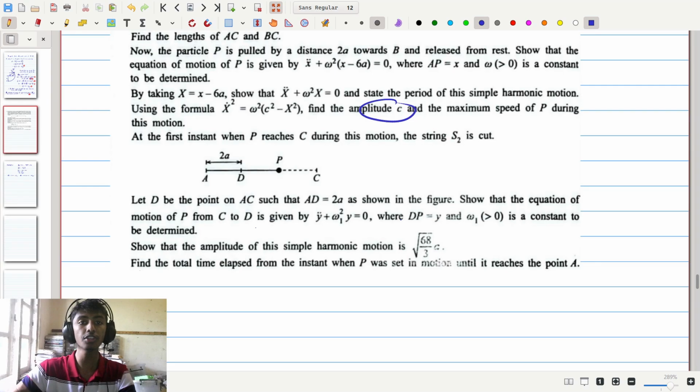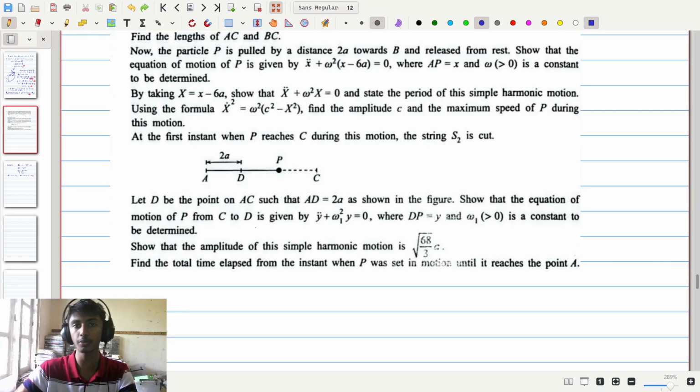So the amplitude c is basically the maximum displacement from the equilibrium point that the particle gets, and then the maximum speed of P during the motion is going to be the maximum speed, which occurs when the particle crosses the equilibrium point. After that, it says, at the first instant when P reaches C during this motion, the